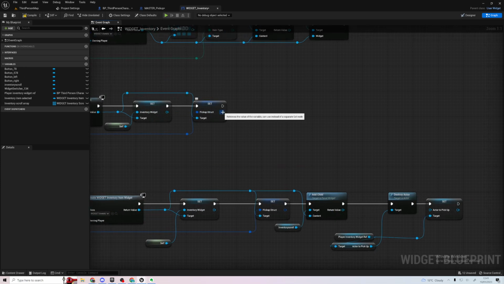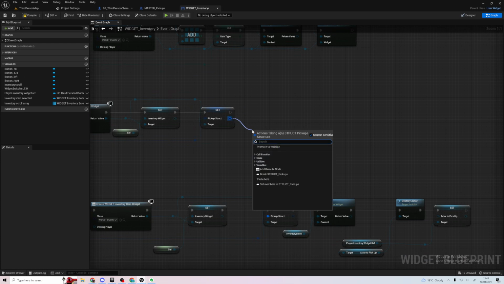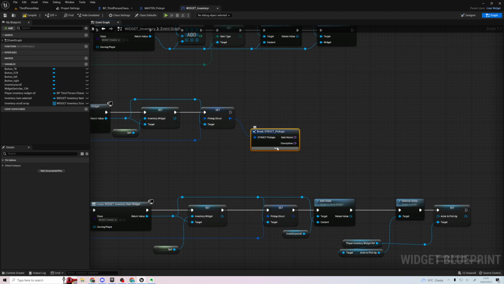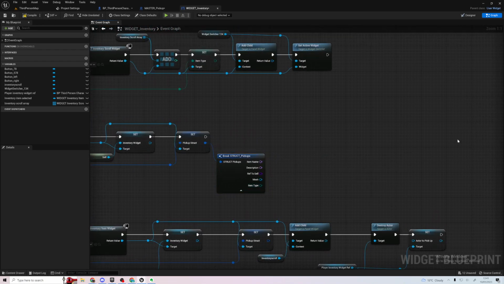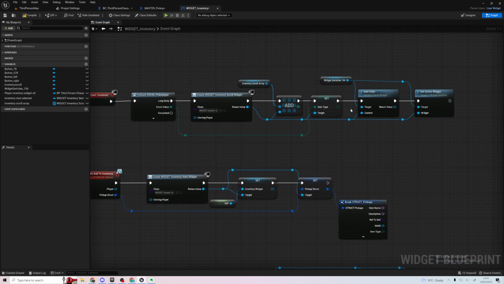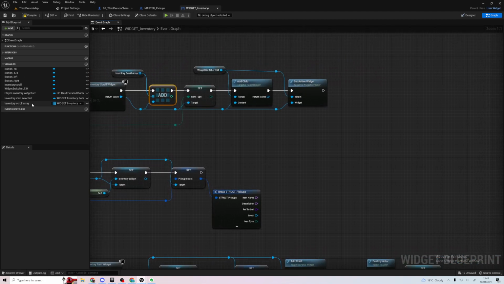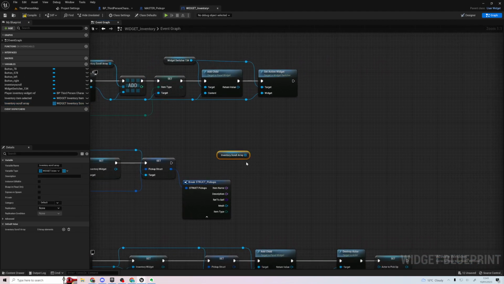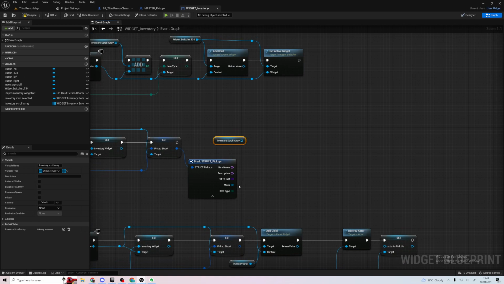Then if we break this, because we need that information, what item type is the thing we're picking up, and we need to make sure it goes in the correct page that we're creating. To do that, we've got them all saved in here, so we can get our inventory scroll array, and I don't think we've got to compare this with each one of these to find out where it goes. I think